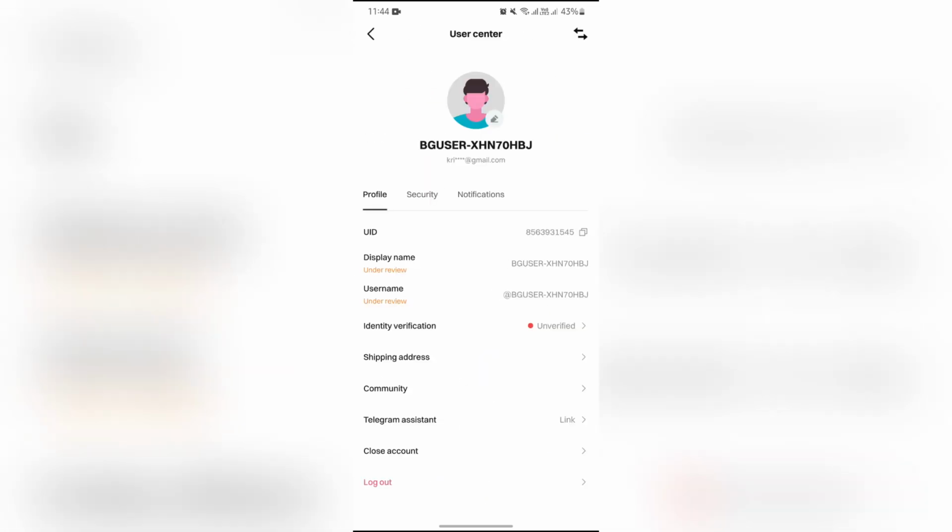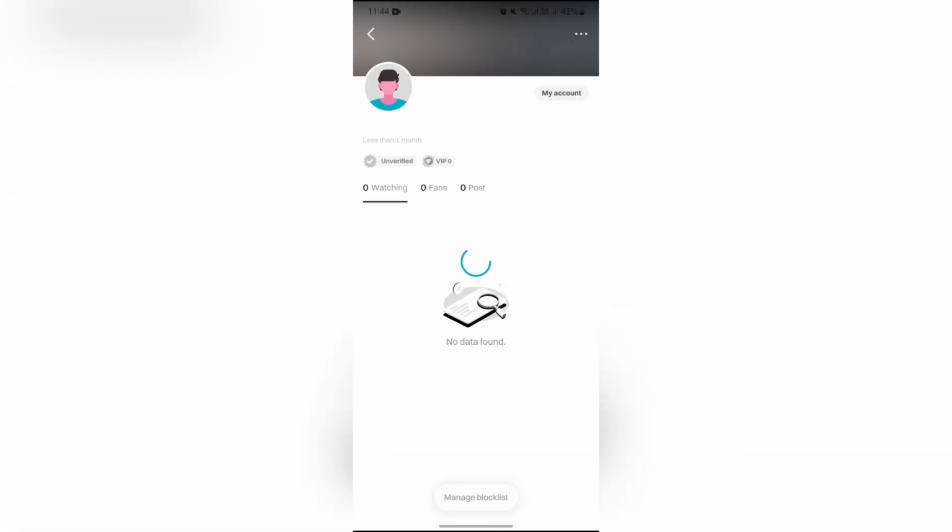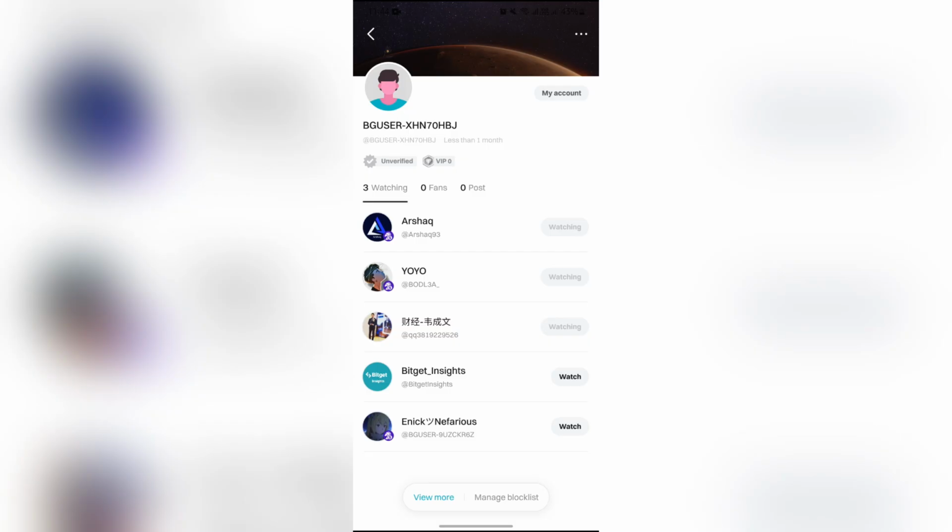Now, after selecting your profile, you will see this option of community. Now you just simply have to go to the community option, and in here you will see the options of watching, fans and post. You will have to select the watching option, and in there you can see all of the people who you are